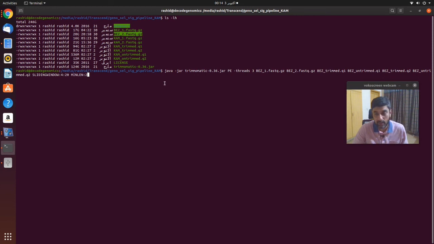And definitely there would be 4 more files with the name BEZ trimmed Q1, BEZ trimmed Q2, BEZ untrimmed Q1, and BEZ untrimmed Q2, as we have already these files. So this is what we have to do, the first step with both populations. I have run it with the Kamori, and now I'm going to run it with the Bezoar code.